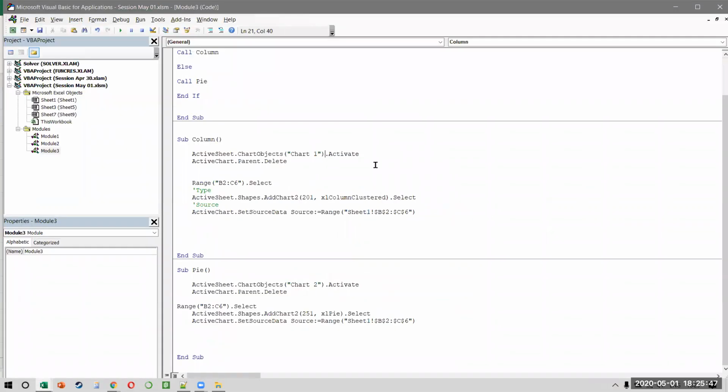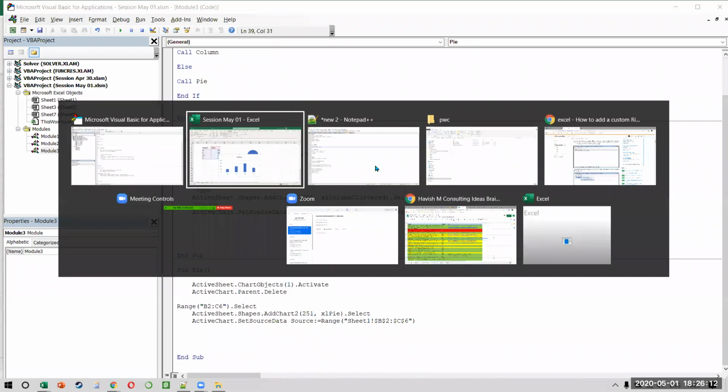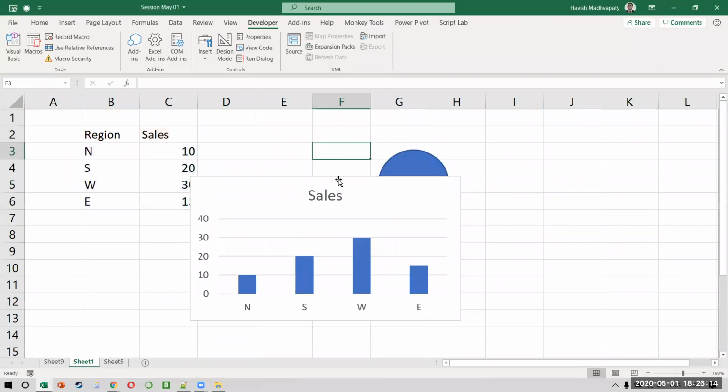So rather than writing the name, I will just put 1. Okay, this means, remember, this is not in double quote. 1 means that this is referring to the first chart that is there on my sheet. Similarly, this will also become chart number 1. This is the index number. So if you notice, when I say chart objects, if I want to write the name, I can write a name like this. But if I want to write the index, I can just write chart number 1. Let's see how this works.